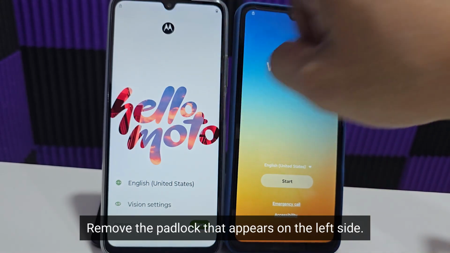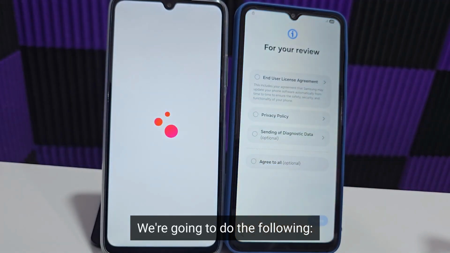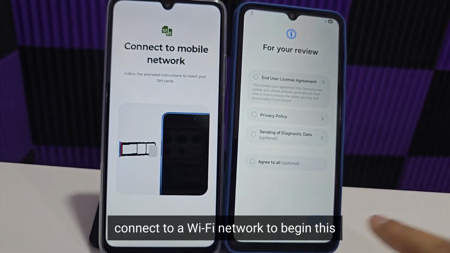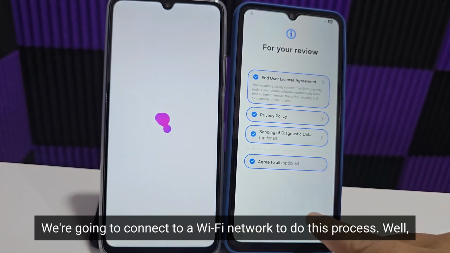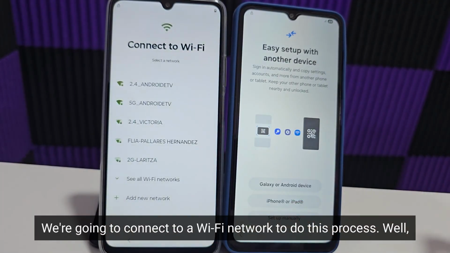Remove the padlock that appears on the left side. We're going to do the following. Connect to a Wi-Fi network to begin this recovery process. We're going to connect to a Wi-Fi network to do this process. Well,